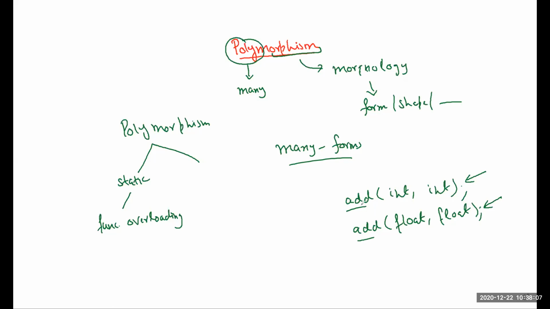So it means this function has two forms, when we say many forms or multiple forms. In this case, this function has two forms: one is adding two integers, the other is adding two floats. So function overloading is somehow related to polymorphism, but it is called static polymorphism. Today we'll see the other branch. Now, within this, you also have another related concept which you can relate with polymorphism,